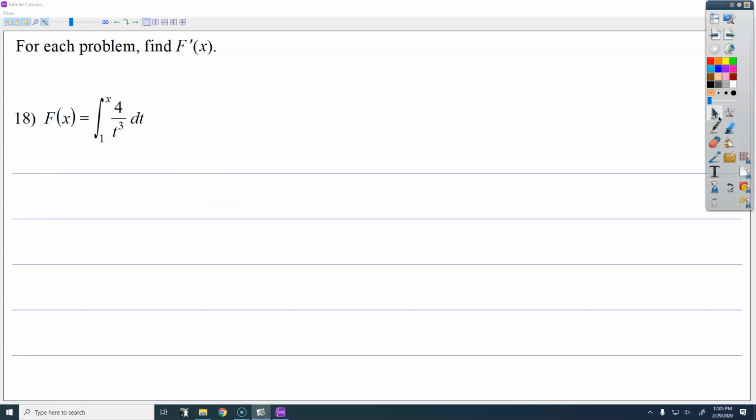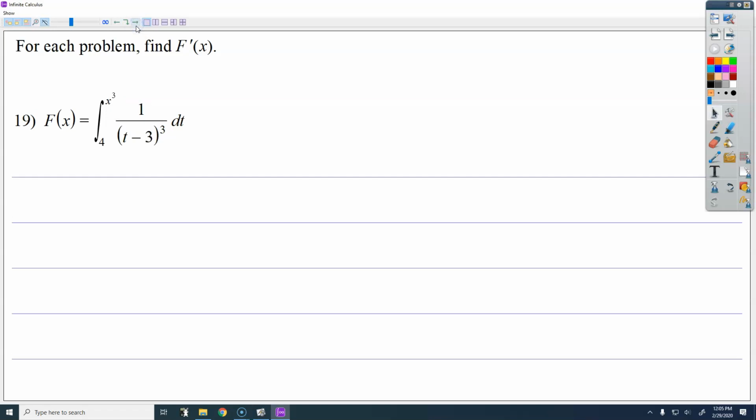Okay, but then we get into problems like this one, where it's no longer just a number on the bottom and a single variable on the top. Now I've got an x cubed on the top. And in that case, you have to look at what we learned on Friday, how to take the integral of